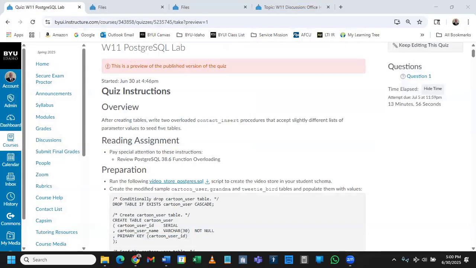Get over into the lab. Whoops. Maybe get over into the lab. All right. As you would expect, this week is a duplicate of last week, except in Postgres. Now, what you will find this week